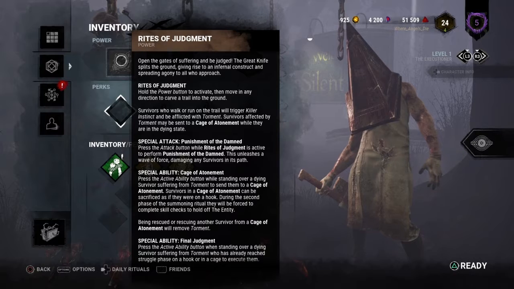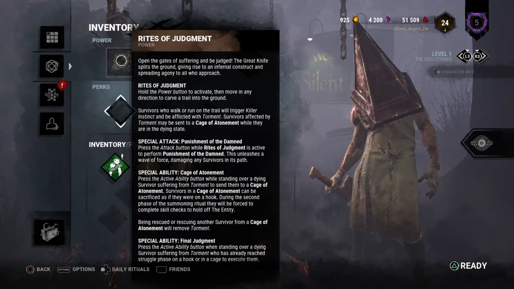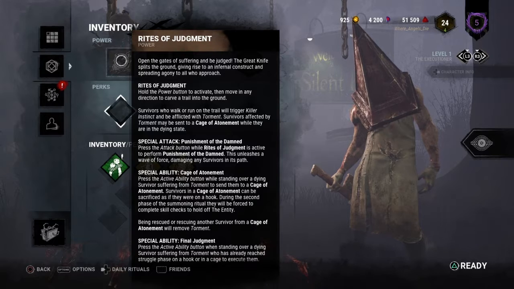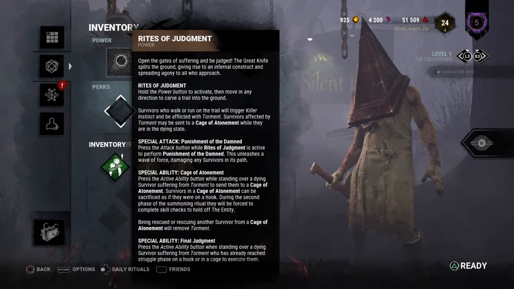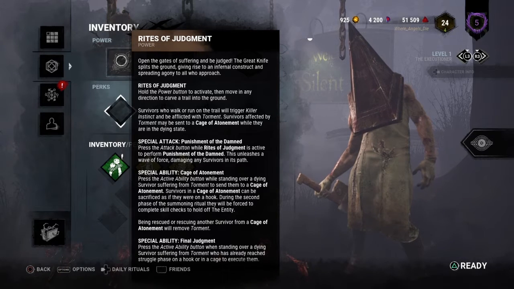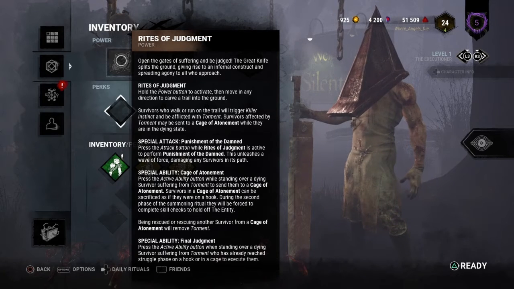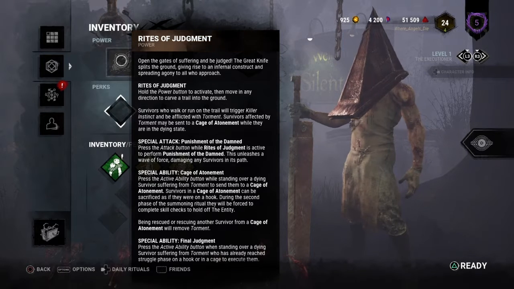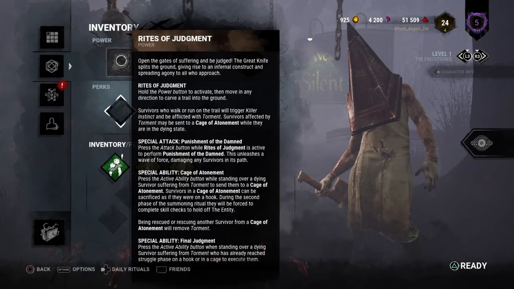You essentially want to dig these trenches all over the map, because if a survivor ends up stepping in them, they become corrupted, and this is a new status effect for survivors. With this corruption, once they get downed, you will have the option, instead of hooking them, to send them to, I believe it's called, the Cage of Atonement. What this does is it means that you can hook a survivor without having to hook them. Essentially, you stab your sword down into the ground and teleport them across the map from you. And while this does let survivors get an easy unhook on them, these Cages of Atonement let you